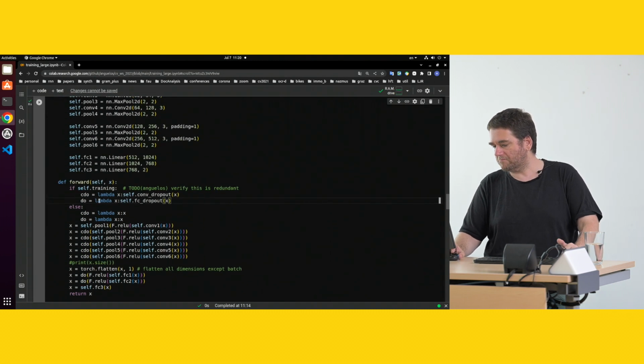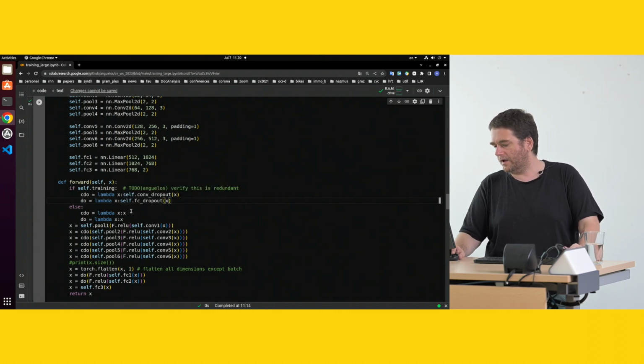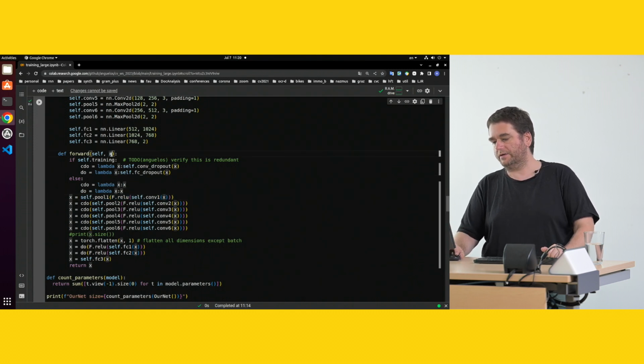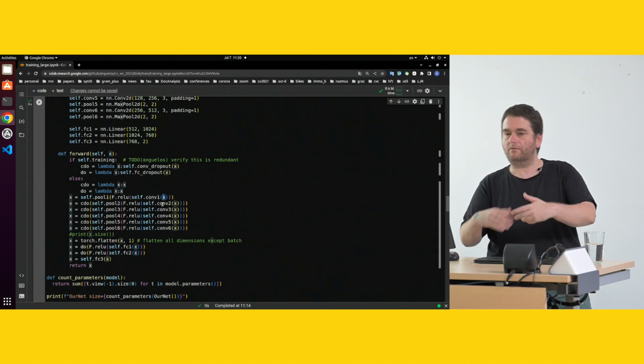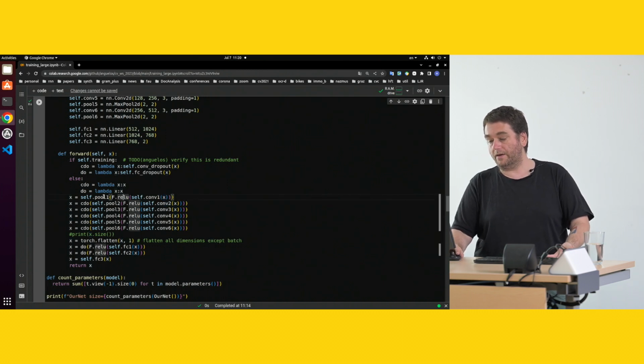So as we see, it's pretty simple. We define here a bit how we want to drop out, depending on whether we're training or testing. And then we apply more or less the layers one by one on the original input data, right? So we say apply a convolutional layer on the data, then apply a ReLU, and then pool,